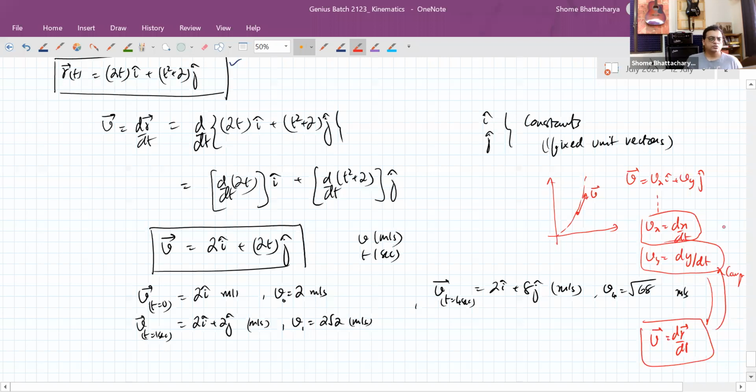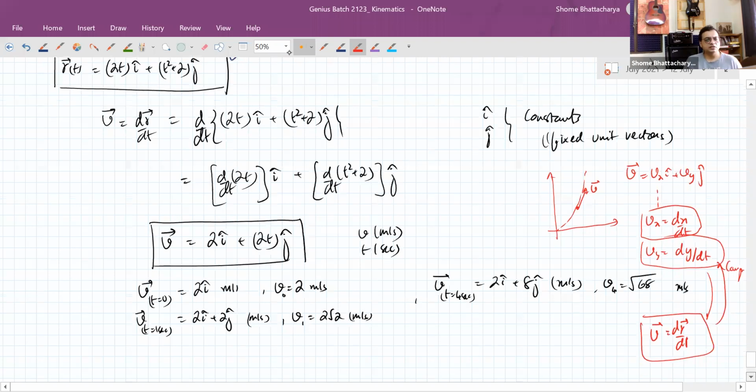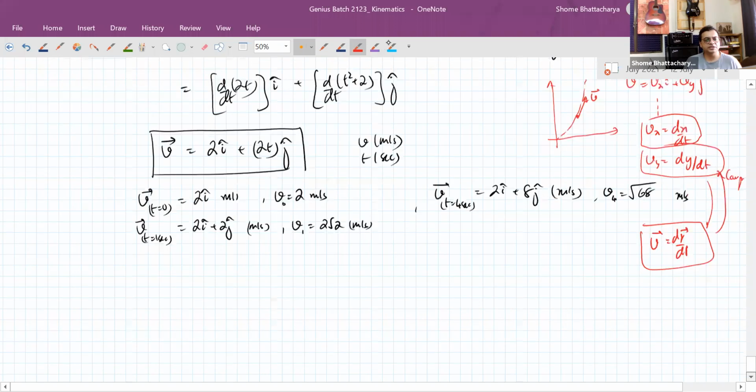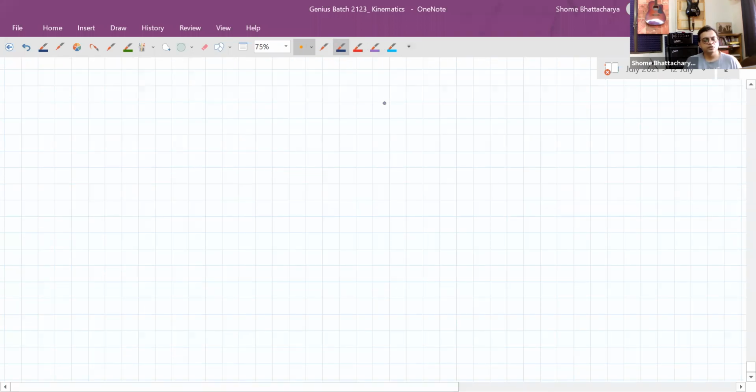Okay, so we come to an end for today's lecture. Next time we will understand very interesting things like distance and speed and how they're different from displacement and velocity. And one has to be careful when it comes to calculation of these quantities. But before I conclude, I also want to quickly go through a special application of these equations, which is kinematics